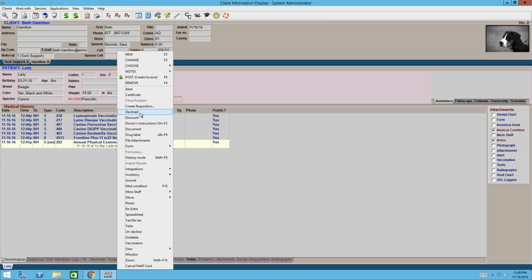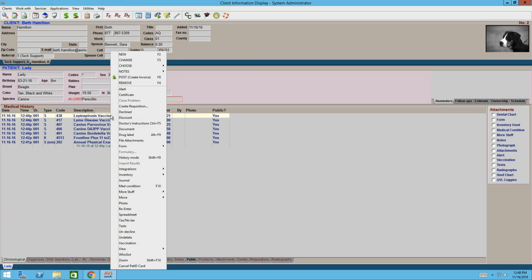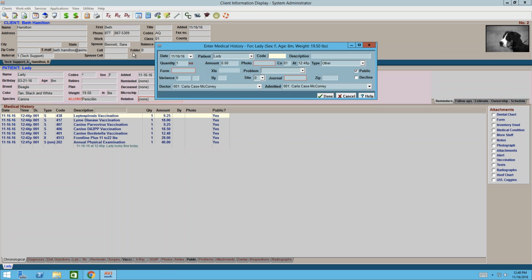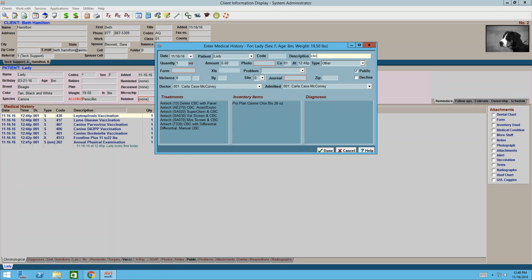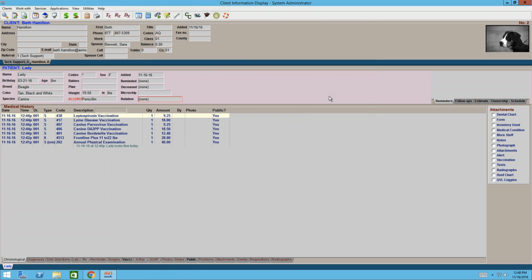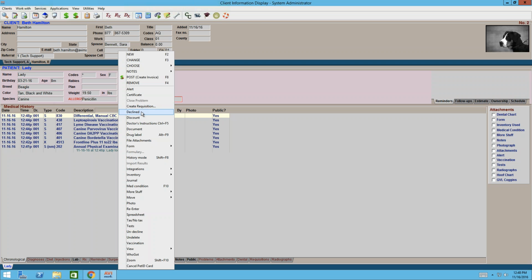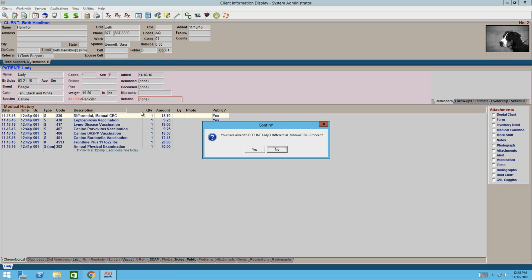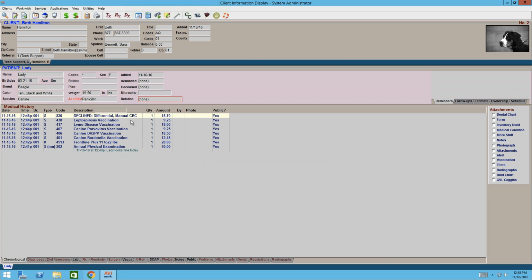Now, you also have a declined option that you can select. So let's say you spoke to the client about having some blood work done, and we're going to add that into medical history here. And the client said, I'd rather not do that today. I don't have the funds to really get that. Or they just flat out don't want it. You can still put that code in medical history, and you really want to, and just right-click on it and come to declined here, because then you've documented in the program that you recommended this particular procedure, and ultimately the